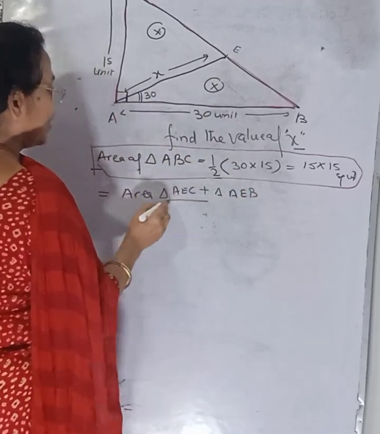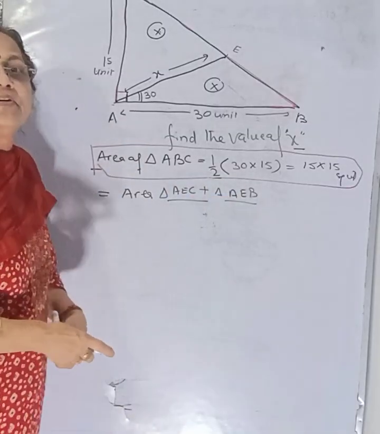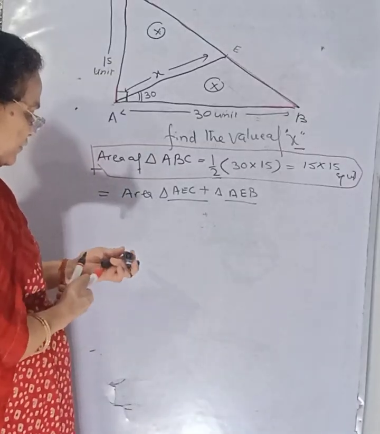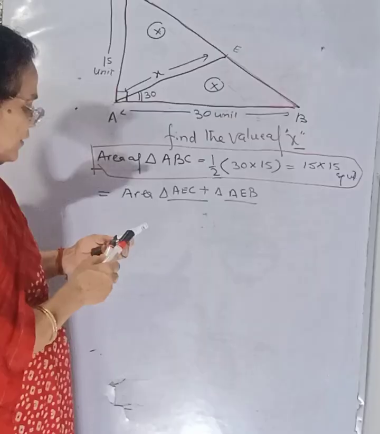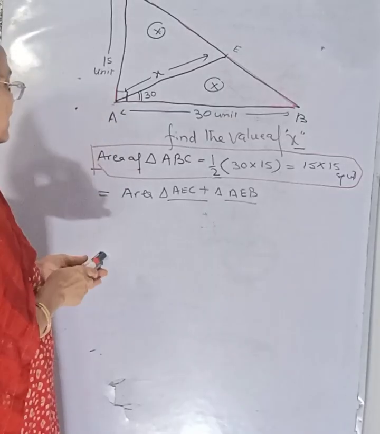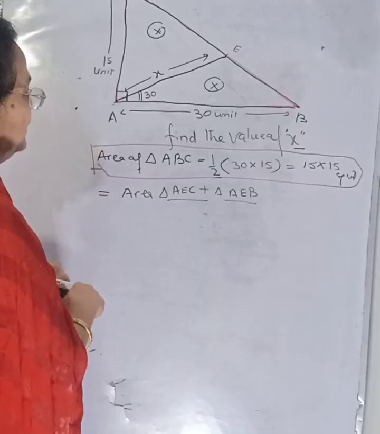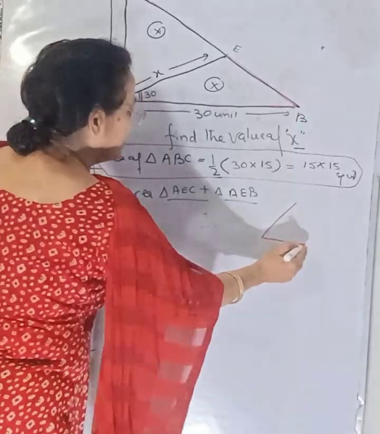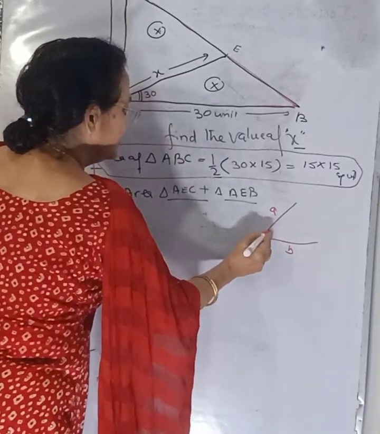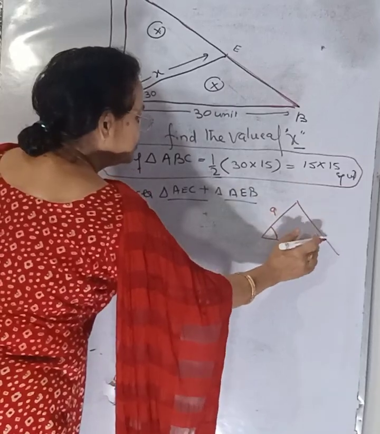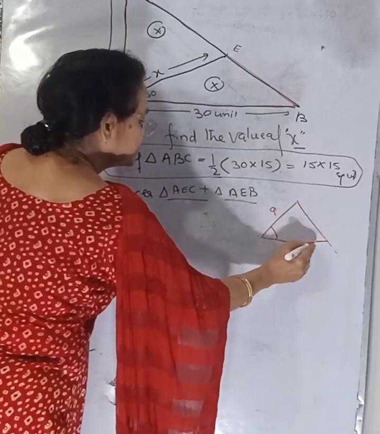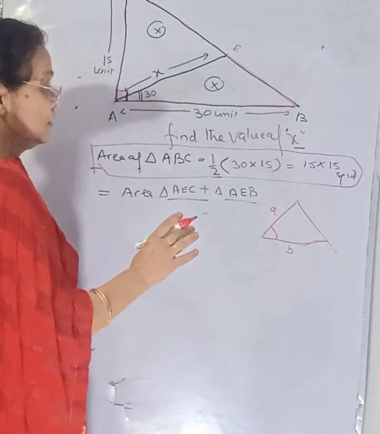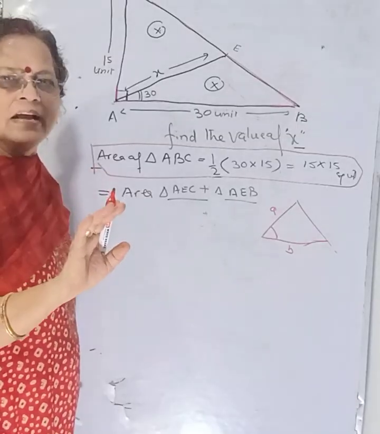The question is how we can find the area of these triangles. For this, go in trigonometry style. Recall trigonometry. There is a theory that if in a triangle two arms are given, this is A and B, and in between them an angle is known to us, any angle. This is not a particular type of triangle, it can be any triangle.